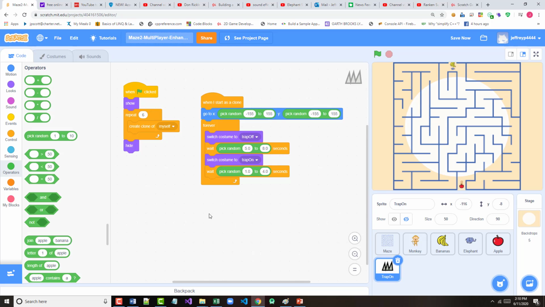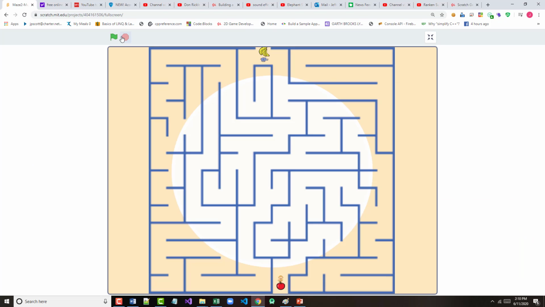Alright, that's pretty good. So let's do a file and let's save it and let's go back and try to run it again and let's see what happens. 2, 3, 4, come on, turn on, there we go. Okay, so it's going to be constantly turning on and turning off. And you can play with these numbers any way you want to play with them. All right? But the problem is, even right now, if they're on,